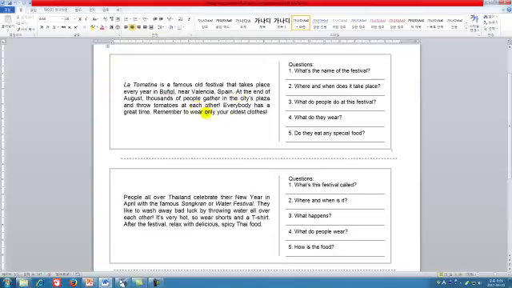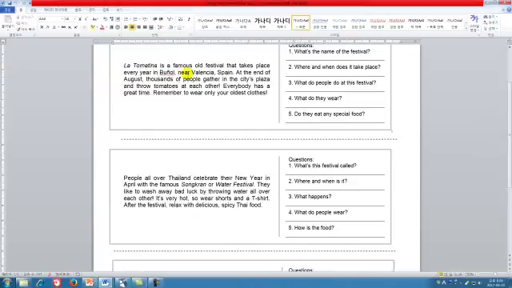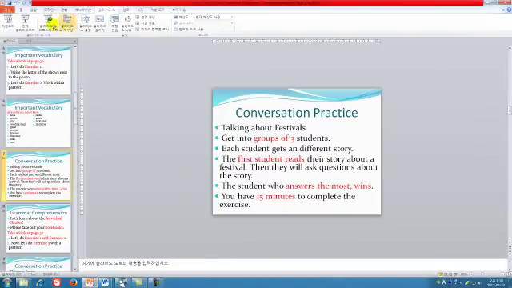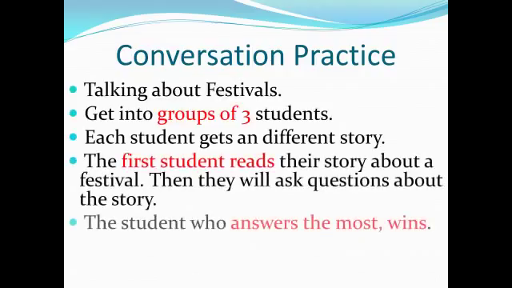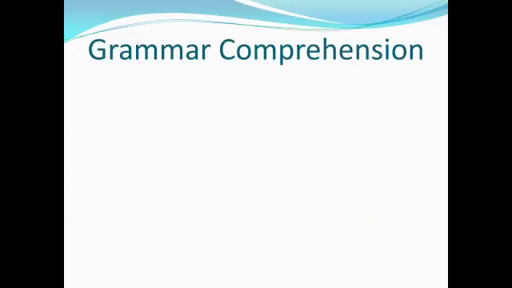Okay, festivals. So if you do get in a group, each person in the group is going to get their own card, okay, which describes a certain festival in a different country. Like, here's a festival in Spain, a festival in Thailand, and a festival in Germany. So each one of you in your group would get a card, and you would read it to each other. So you'd first read the story, and then you'd ask the other students questions about it. And of course, the student who gets the most answers wins. Okay, so you could do that if you want to, but we're just going to jump right ahead